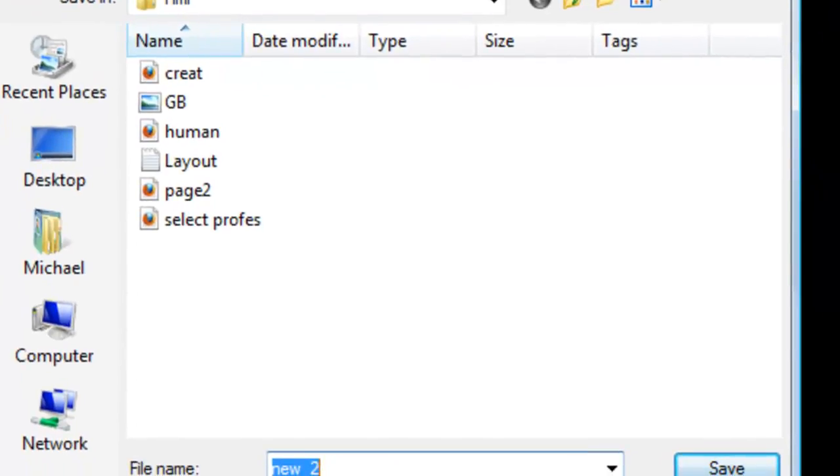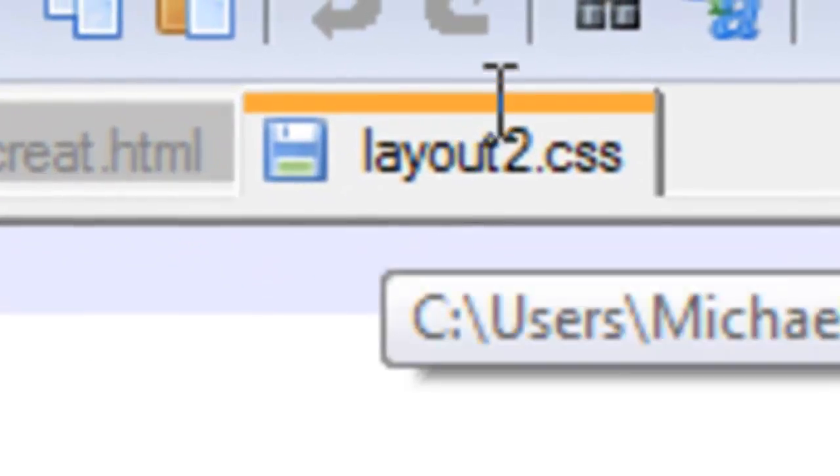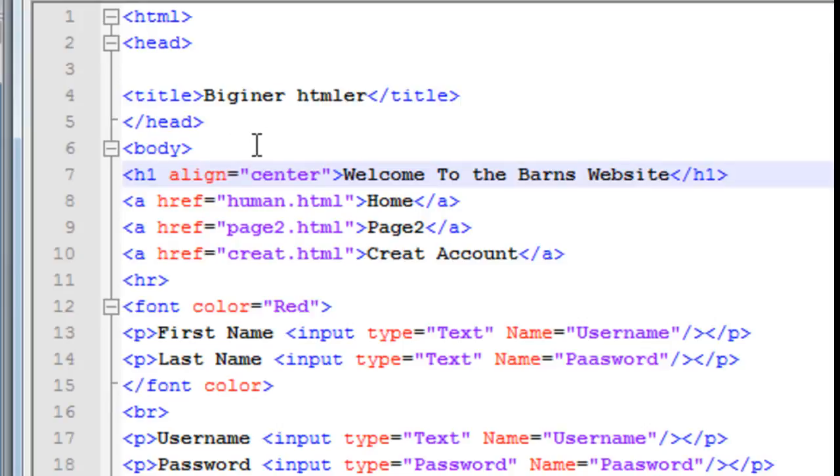Alright, so go ahead and save it as, we're going to save ours as layout 2. The reason for this is because I have another one, and I forgot to tell you about that, but actually I did, but it's a different layout. We'll get to that later. I'll name mine layout 2.css, hit enter, save it, and then you'll see up here a tab that says layout 2.css. Now what we're going to do is come over here to create,